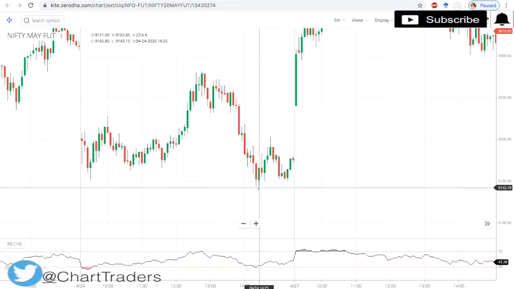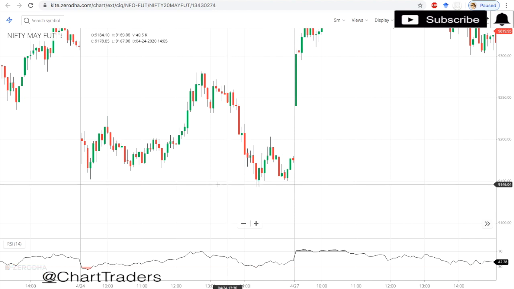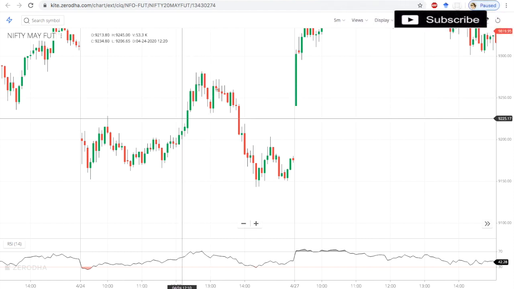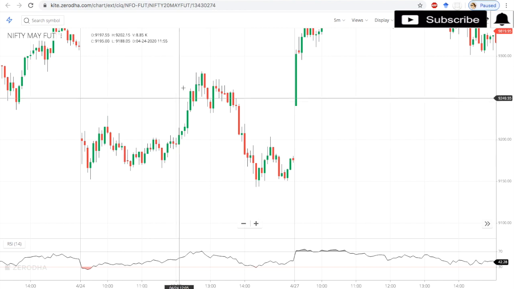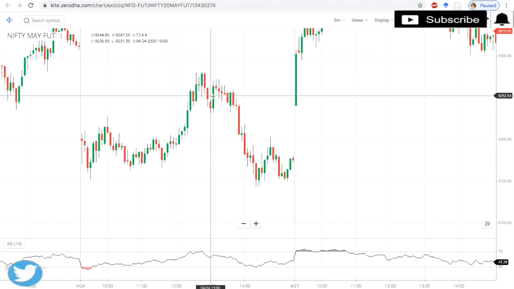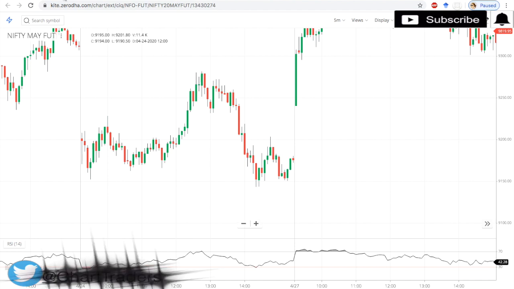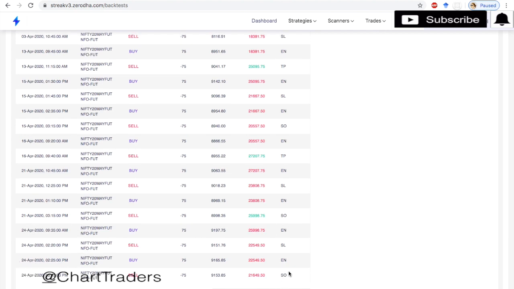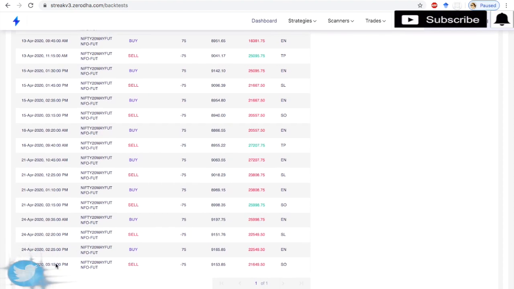Our stop loss was triggered because we kept 0.5 percent. In between there was no 1 percent gain, so no profit, but even after that there was a good rally, and you could book profit around there also, but here we got a stop loss. Same way, around 225 on the same day, again an entry, and again a stop loss. Here SO means exit, SL means stop loss, TP means target achieved, that is 1 percent. Stop loss is 0.5 percent. SO means, since we have kept MIS, on the same day around 315 or 320 it auto squares off, that's why.